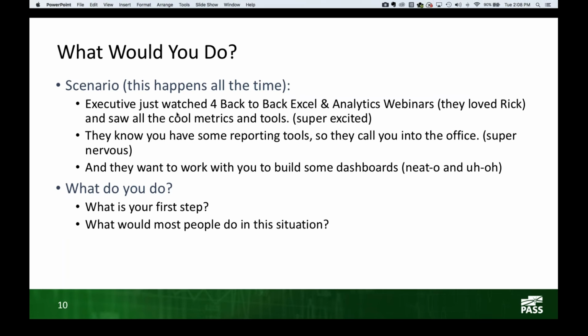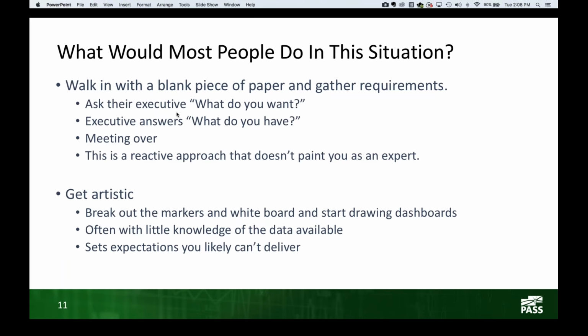Well, here's what happens in most situations. I've been at PASS and several other business intelligence conferences where we've whiteboarded this out, and as we've whiteboarded it out, we've asked the audience, what would most people do in this situation? And here are the answers that come out. Most times they ask the executive, hey, what do you want?